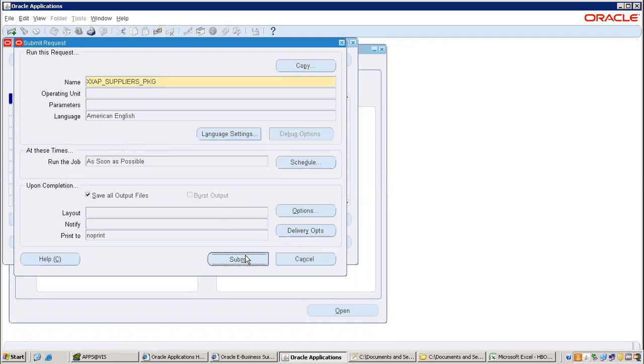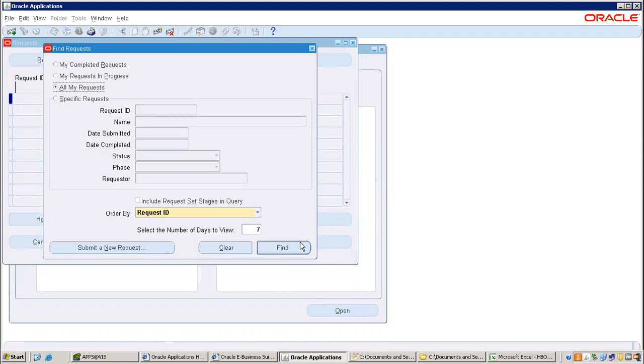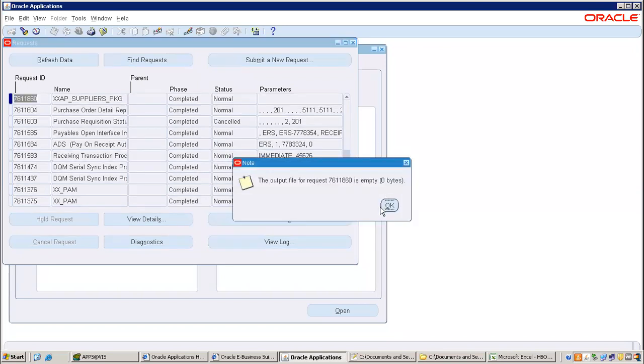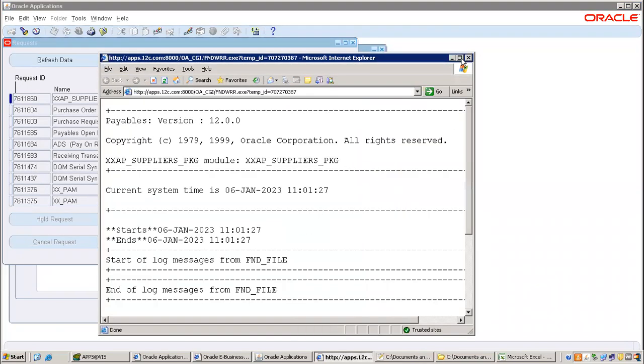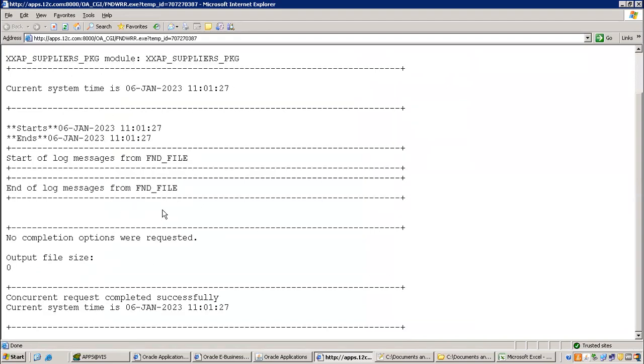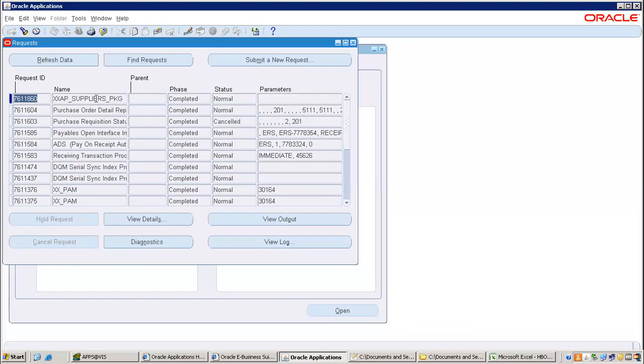But while submitting, you may get some issues. If it doesn't find site records, then obviously it will give error. Let's see whatever the error it will give. View output, view log. It is not having anything in that. So anyway, first what we will do,